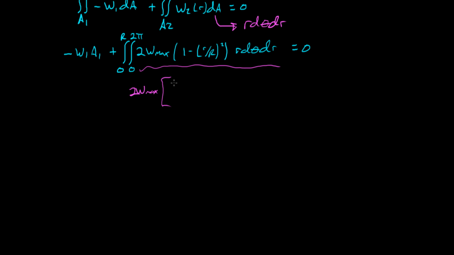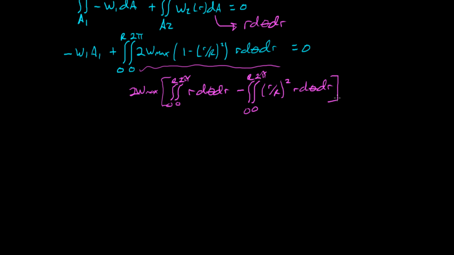So when you distribute that, we're going to get the integral from 0 to R, 0 to 2 pi of r d theta dr. And we're going to subtract from that the integral from 0 to R, 0 to 2 pi of r over r squared times r d theta dr,